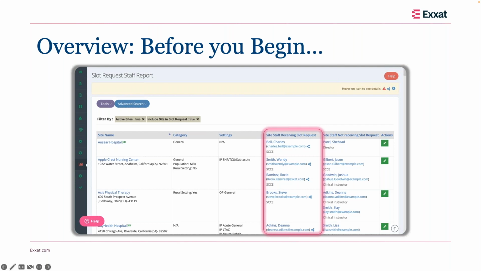You also have a column right next to it here, which shows you who will not be receiving the slot request, but is a staff listed at that site. So here we have Jason and Joshua that are also staff here, but they won't be receiving it. So this lets you easily see who's receiving the email, who is not, and easily make changes if that is incorrect. So if I notice, well, Jason is an SCCE and he should receive that notification, I can